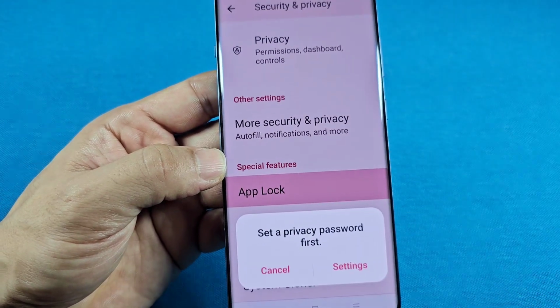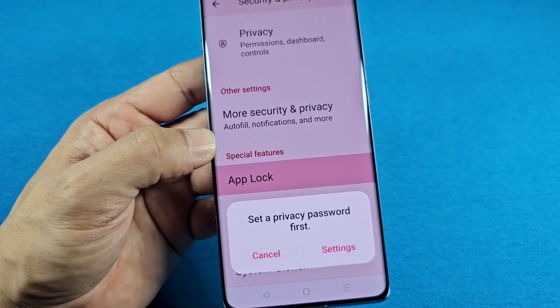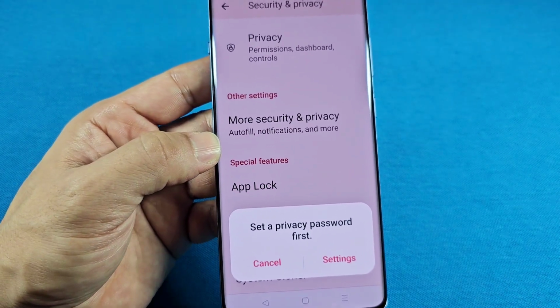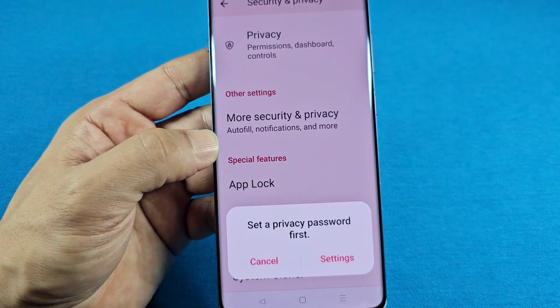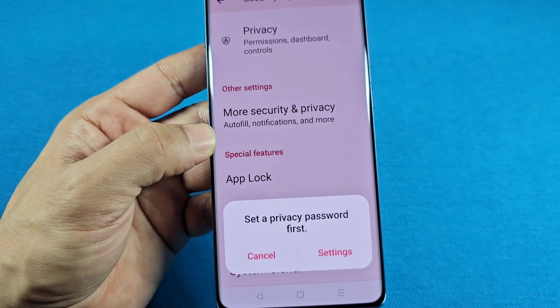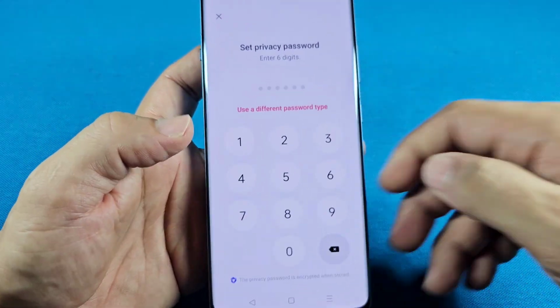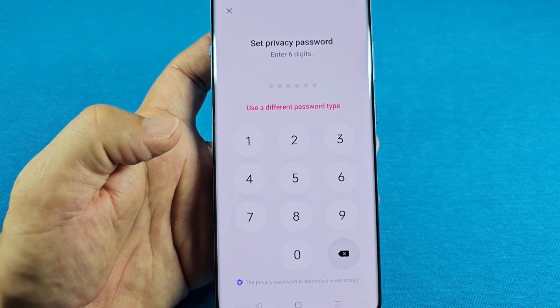So when you go to app lock here for the very first time, you'll need to set up a privacy password. This is different from your lock screen password. And if you set up the private safe before or the hide apps with a password, you can use that. You won't have to go through this, okay? But if you are doing this for the first time, you go to settings. This is gonna pop up here for you